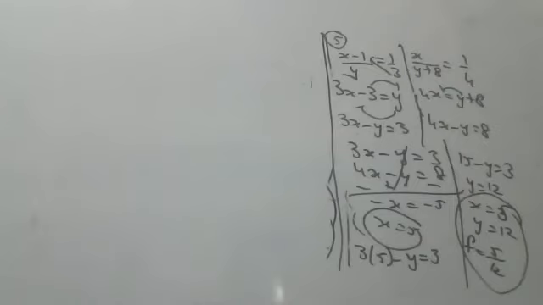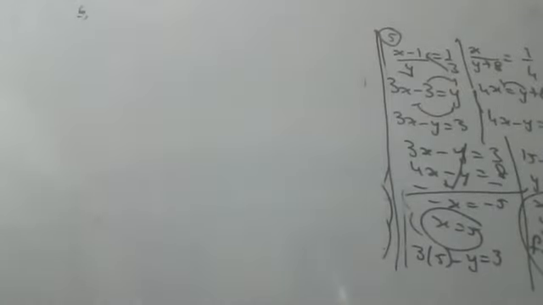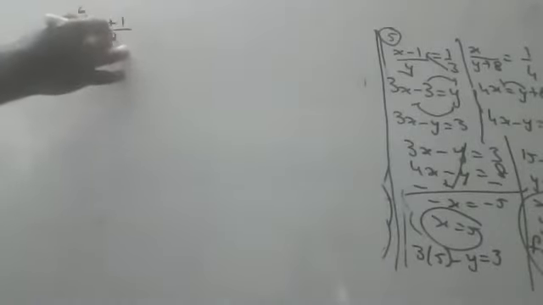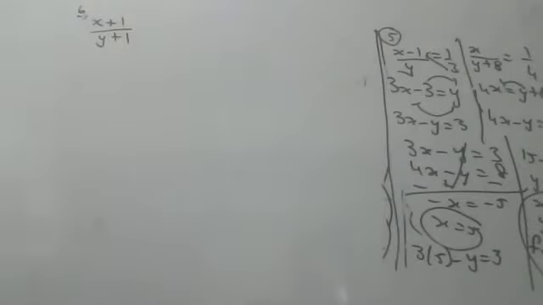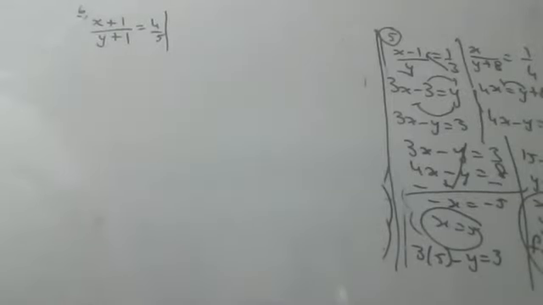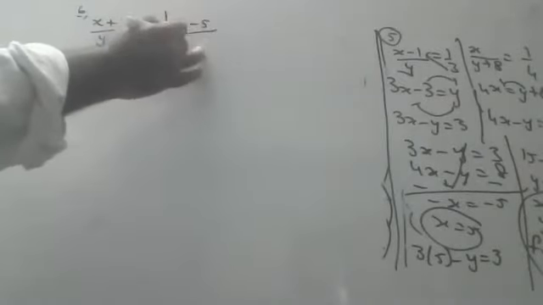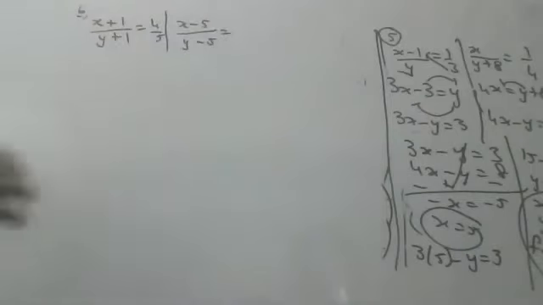First question I want to ask to Riddhi. Riddhi, can you tell this sum? Yes, sir. Can you tell this fraction sum? A fraction becomes 4 by 5 when 1 is added to both numerator and denominator. x plus 1 by y plus 1 is equal to 4 by 5. That is one condition. And the other condition? x minus 5 by y minus 5 is equal to 1 by 2. If 5 is subtracted from both of them, the fraction becomes 1 by 2.